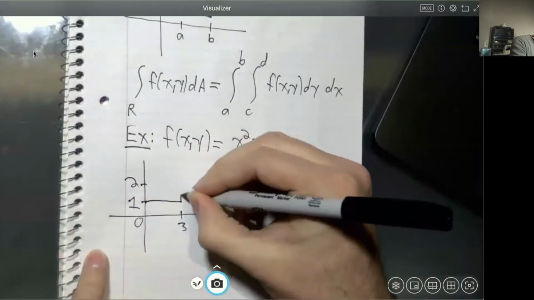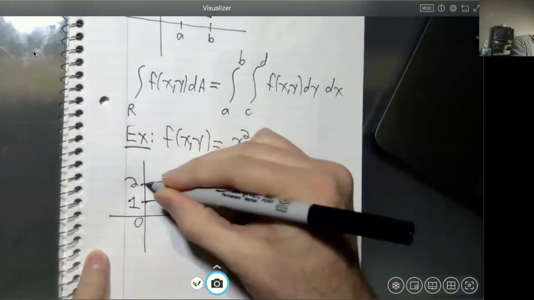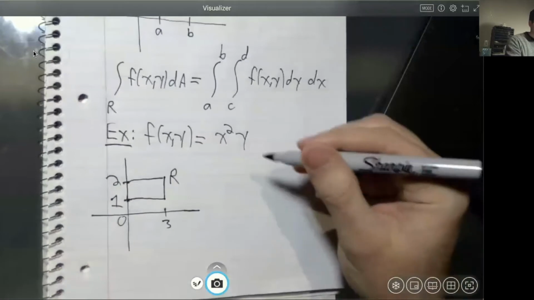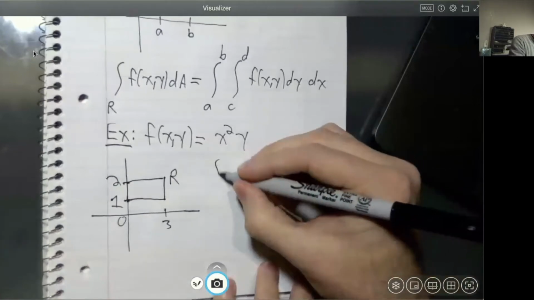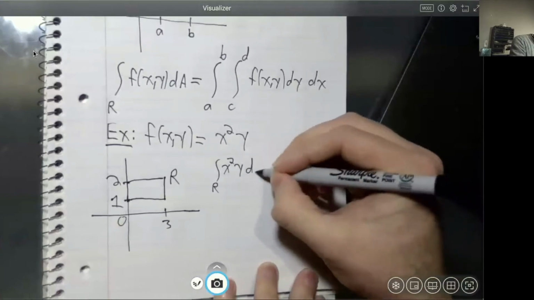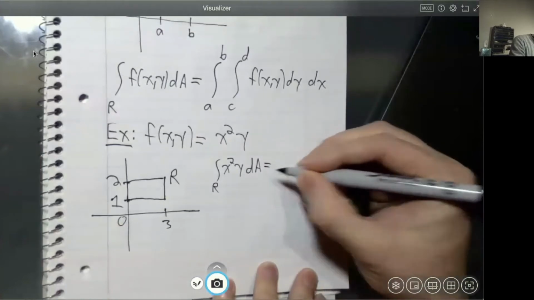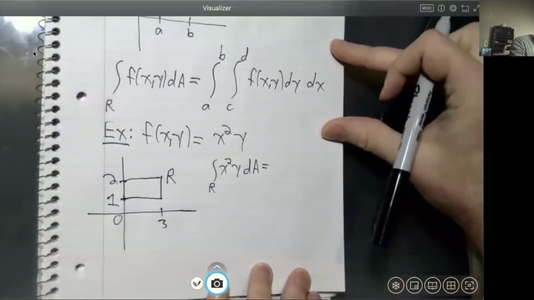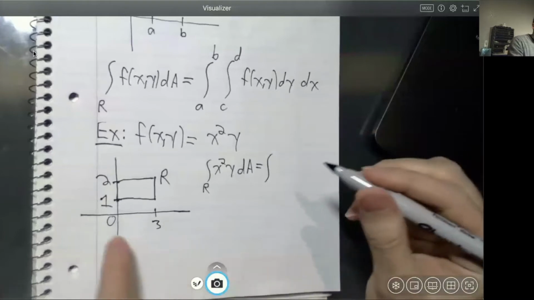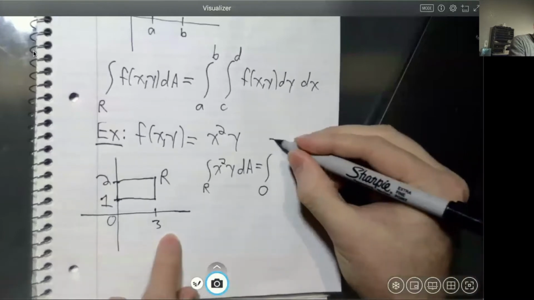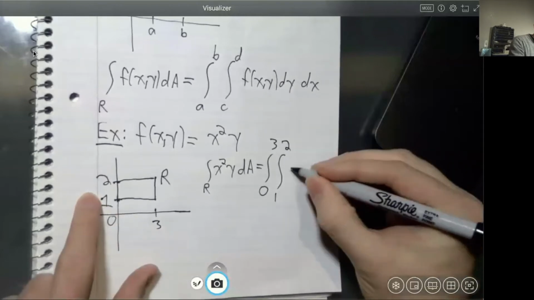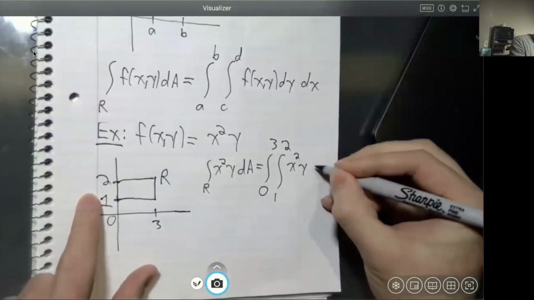We're integrating over this rectangle here. We'll call this rectangle R. So the integral over R of x squared times y dA is equal, according to this formula, to the integral from 0 to 3 of the integral from 1 to 2 of x squared y dy